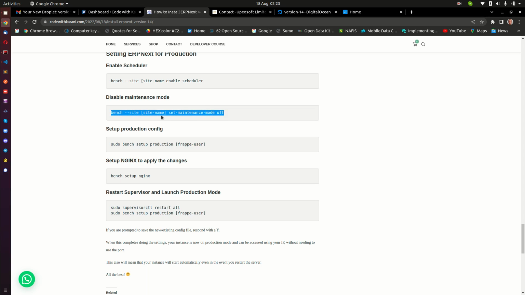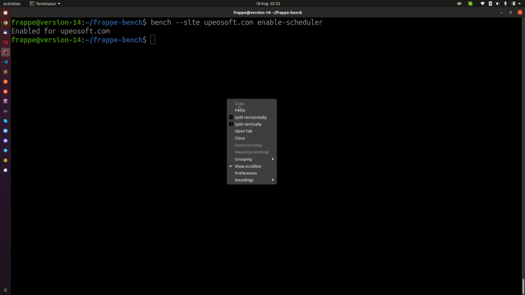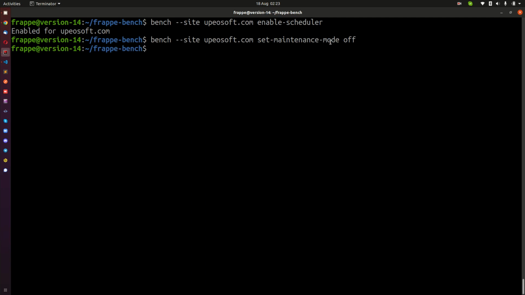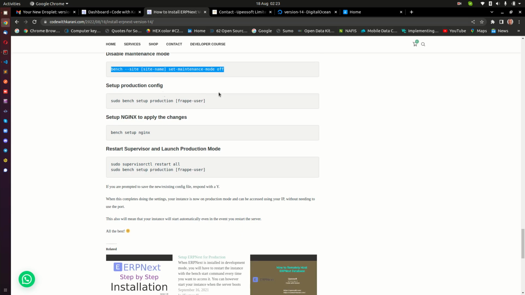So I'm going to copy that command again, and then I'm going to put it here. This is going to be the name of my site again. Remember to put the name of your site here. Mine is Upeosoft.com. Maintenance mode, I don't want it to be on, so this is going to do that in the settings file. Then the next thing is to configure